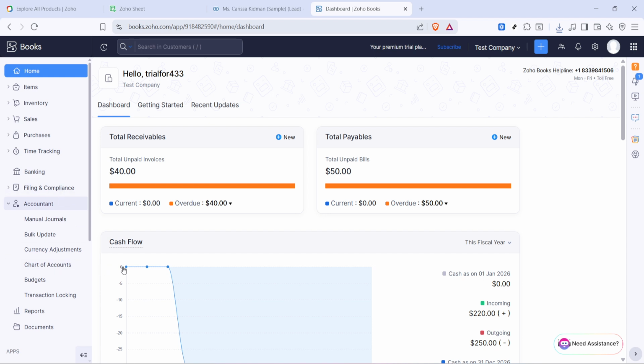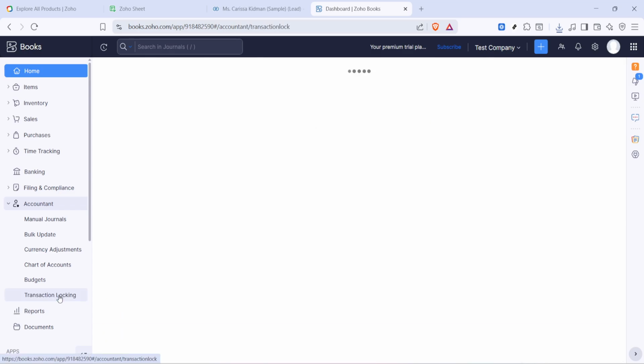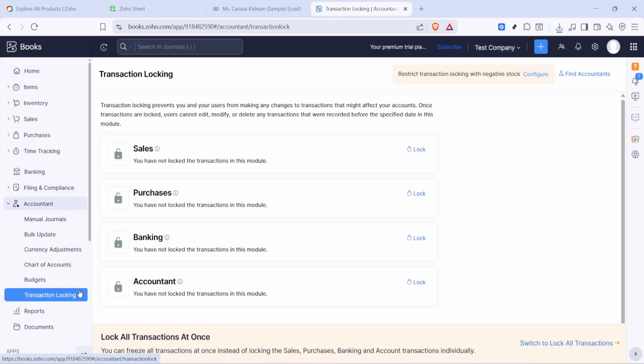If you don't see Accountant, make sure you're working in the correct organization and that your user role has permission to access Accountant features. Once you're in the Accountant section, select Transaction Locking. This page is designed to help you freeze activity in specific areas of your books. Locking prevents edits, deletions, or new entries in the locked scope, protecting your historical records exactly as they stood at